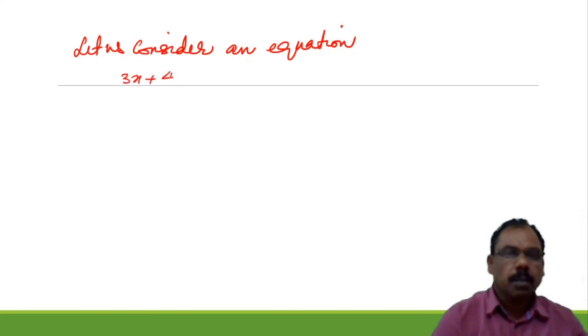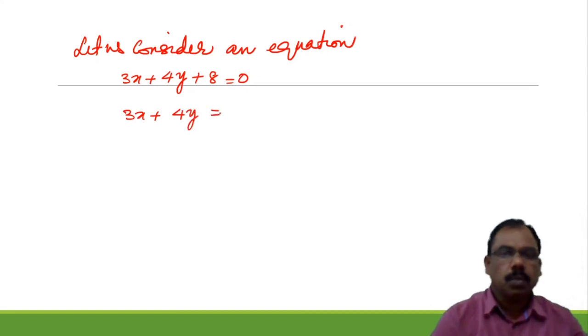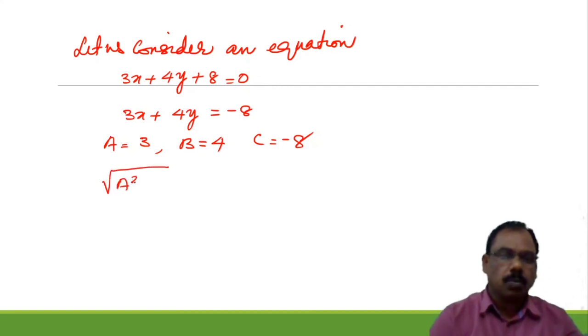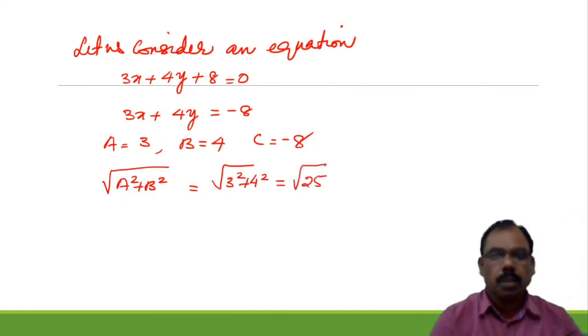3x plus 4y plus 8 equal to 0. We write this as 3x plus 4y is equal to minus 8. In this case, a is equal to 3, b is equal to 4, and c equal to minus 8. We find root of a square plus b square. That's equal to square root of 3 square plus 4 square is equal to square root of 25 is equal